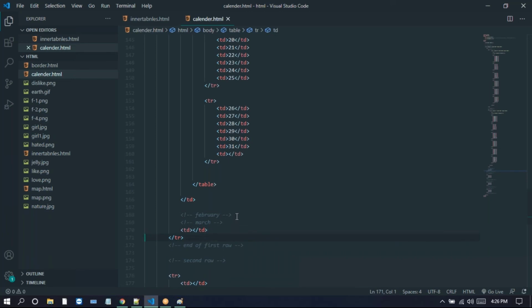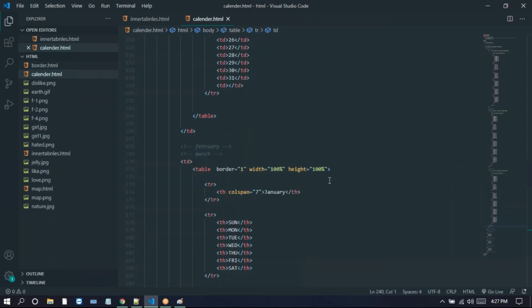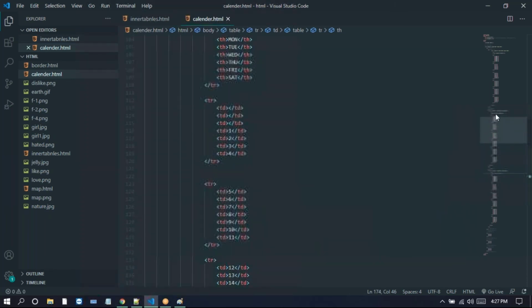So for this March, we just take it here. So instead of this, I'm just giving this here. So we just change this to March, and here we just change this one to February.